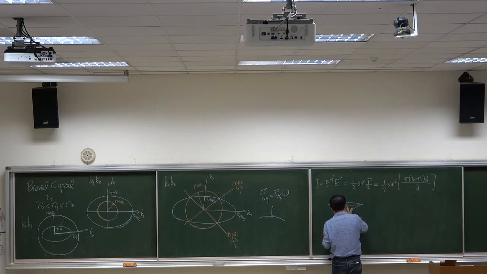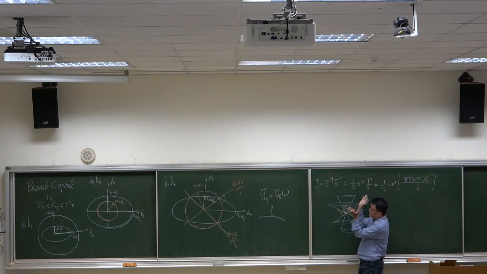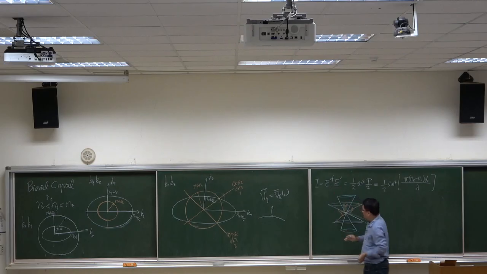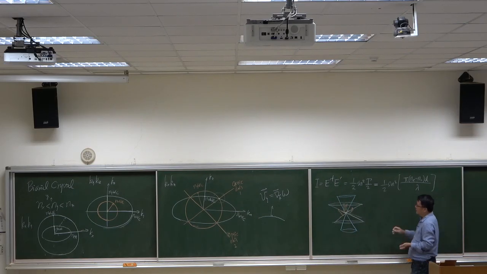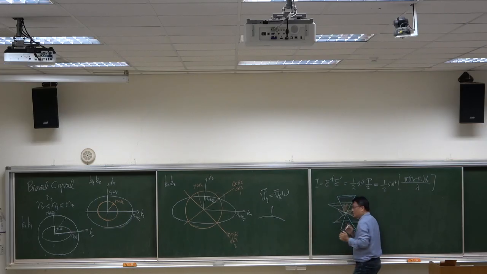We get a cone like this. This cone represents the ray of energy. So since now light propagates along a cone,